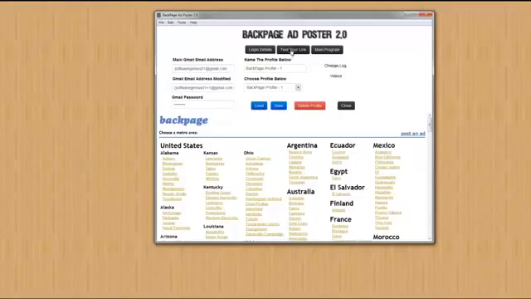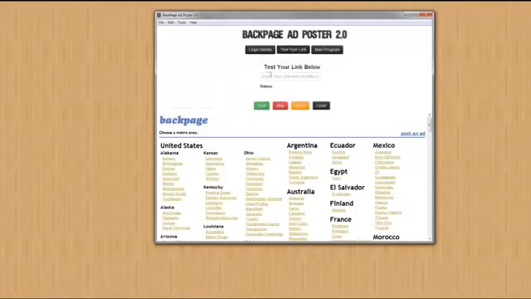We'll go to the test your link tab. Now, before you run any campaigns on BackPage, what you want to do is test that link to see if it's going to be approved or not, because you don't want to spend all the time putting your ad copy together and then try to run the campaign to find out that your link is not going to be able to be posted on BackPage. You'll get that dreaded contact